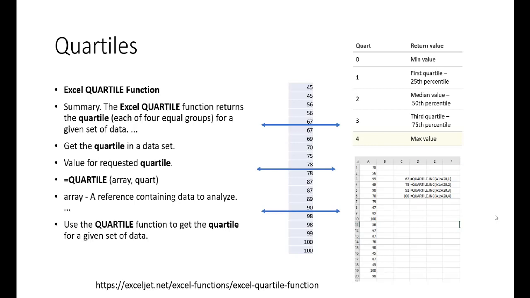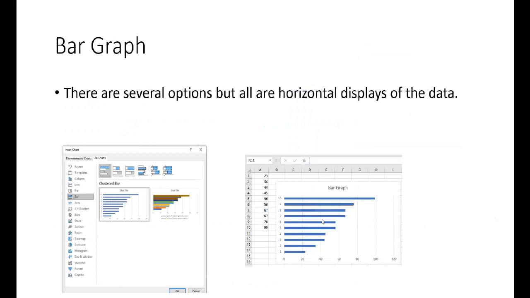And then quartile 4, of course, is the maximum data value. There is a quartile 0 also, and that would return the minimum, 45, in that data set. Okay,